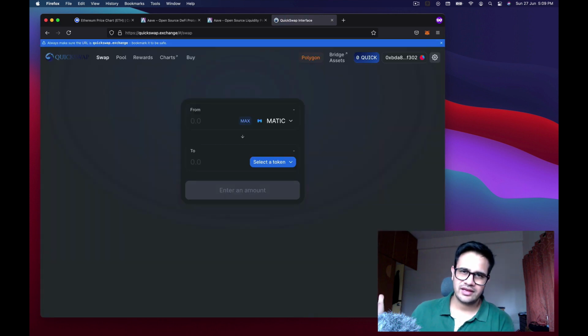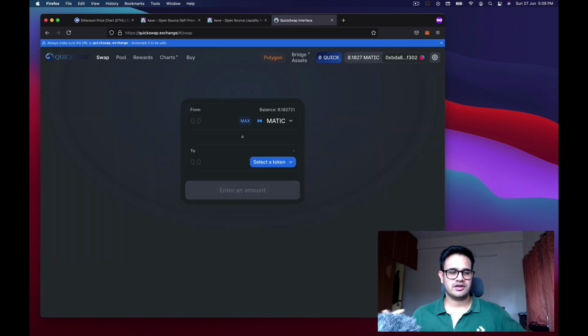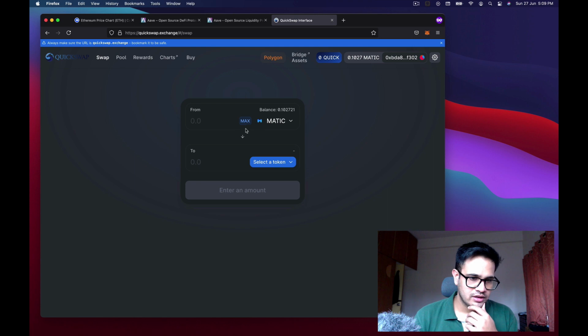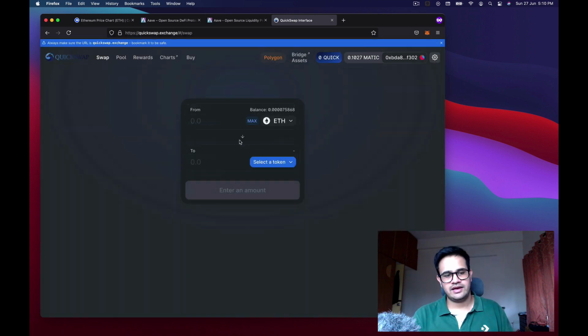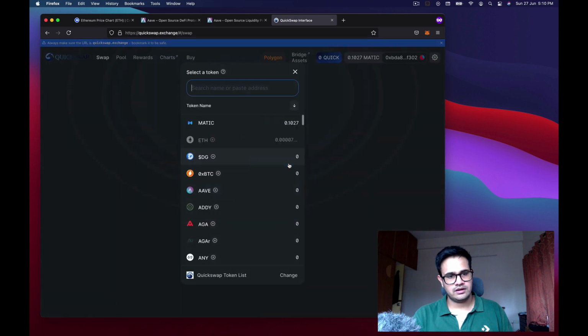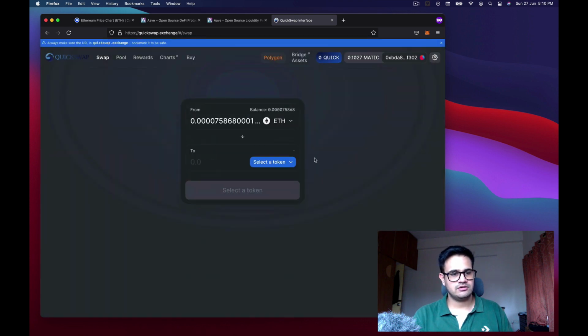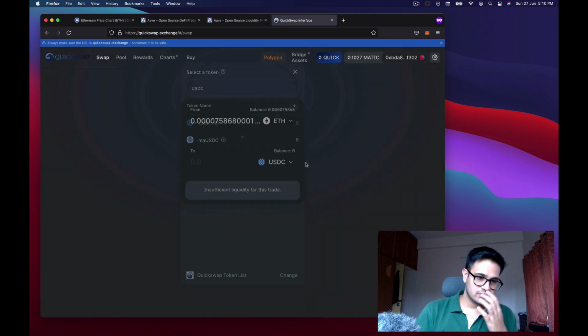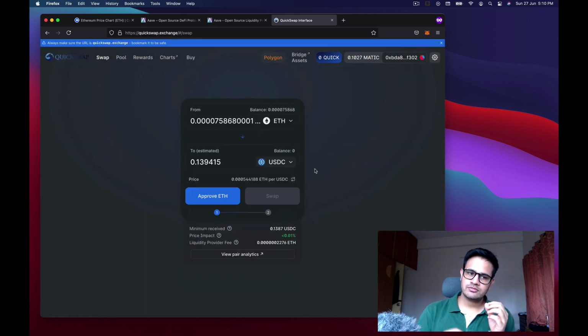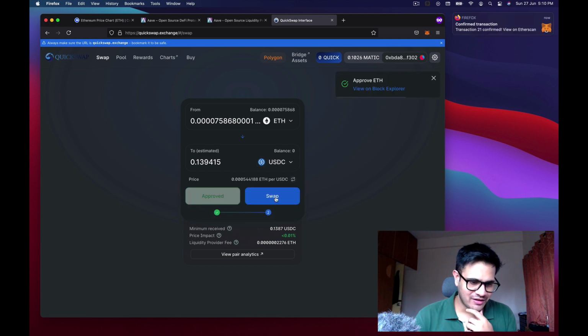You can use any other, you can use SushiSwap, CometSwap, whatever works for you, whatever you like. And then you go here and you'll be like, I want to sell ETH. Okay, and how much ETH do I want to sell? I want to sell the total amount that I have, because I'm shorting ETH. All right, and what I want in return is USDC. So I'm shorting ETH in terms of USDC. Okay, that's what's going on over here. I'm gonna swap ETH for